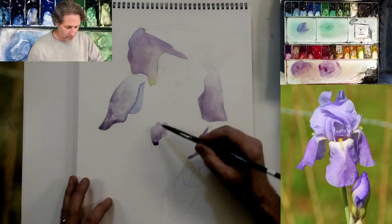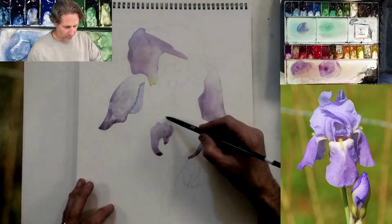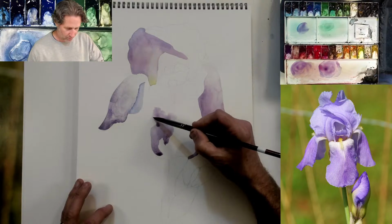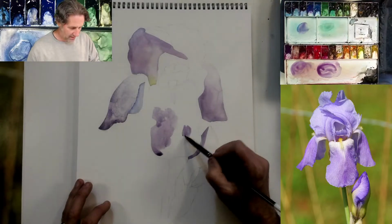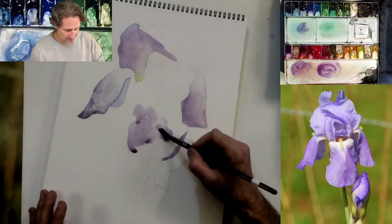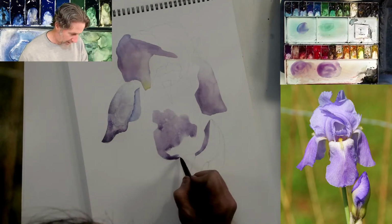Now this one is big enough. If I really wanted to, I could pre-wet this whole one. I'm going to try to do it with, you know what, I am going to put a little water on here because I just have a feeling that it's going to dry up a little more than I want. So I'm going to wet that, and I'm just mixing a little paint as I go, and if it's exactly the right color, perfect, great. If it's not exactly the right color, whatever the right color is, you guys have all been with me before. You know the right color is